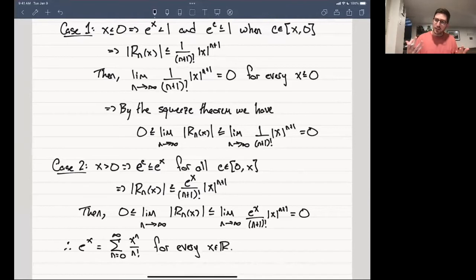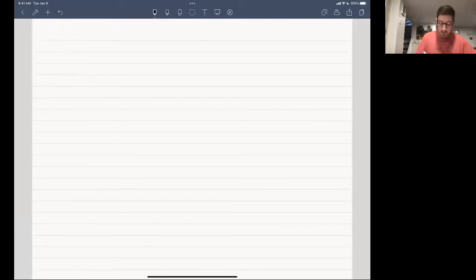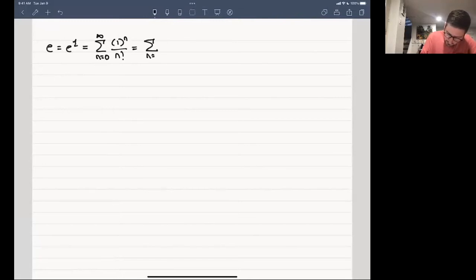Now, there's another thing here that is kind of cool, right? So maybe you have seen how to obtain e. Some people, if you came from a business background, will see in compound interest that you can get e as the limit of this function right here. But there's another way to find e. In fact, e is just equal to e to the power of 1, which is therefore equal to the sum of 1 to the power of n divided by n factorial,